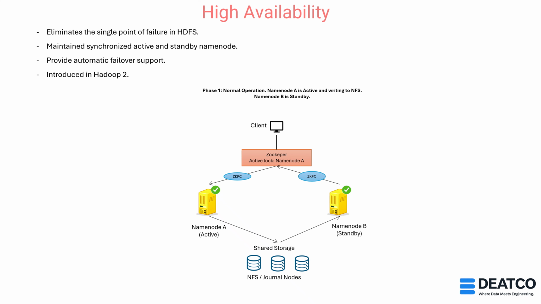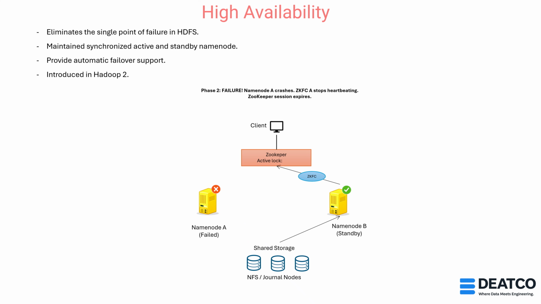Whenever the active name node updates the namespace, such as creating or deleting files, it writes those edits to the shared storage. The standby continuously reads these edits and applies them to its own state, ensuring it stays up to date. In modern high availability deployment, automatic failover is configured using Zookeeper and the ZK failover controller. Zookeeper monitors the health of each name node, detects failure, and helps elect which name node should become active. If the active fails, the standby takes over automatically with minimal